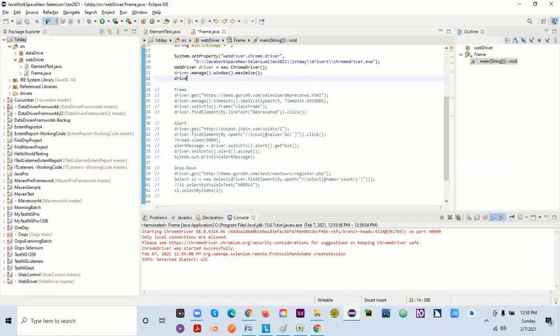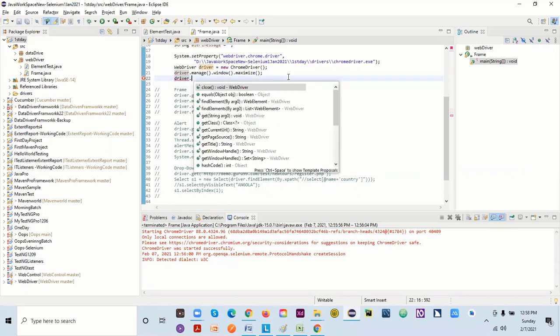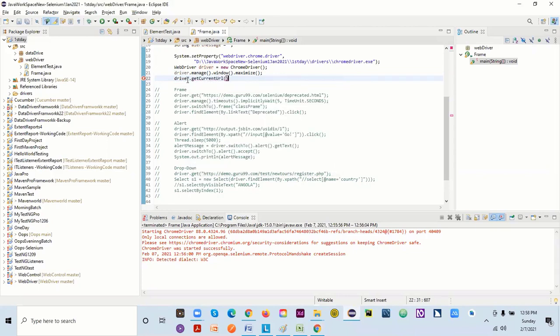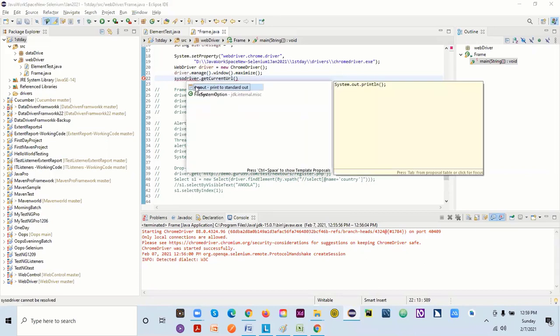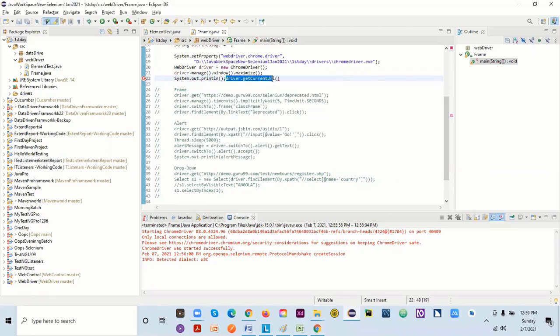And there are so many things. Let's say I come here and say driver.getCurrentUrl(). You can use this one to get the current URL. Let's say I say System.out.println, but we need to try it. Instead of this one, I can directly copy and paste it here. You use this after you navigate to any URL. Here we didn't navigate to any URL, right? As soon as you navigate to a URL, you can put it here, and it will tell you what URL you navigated to. So this is what you can use.